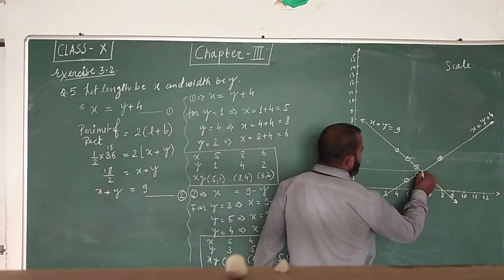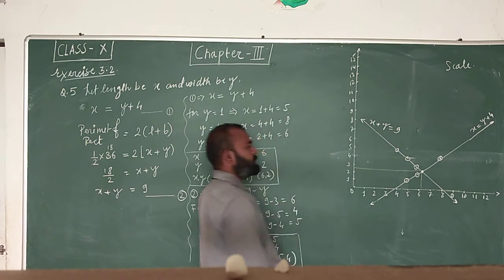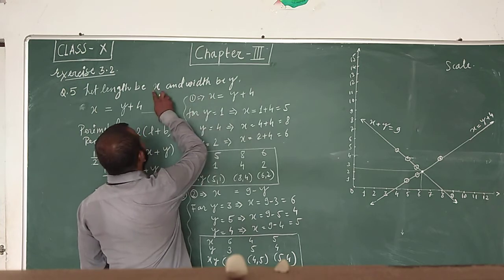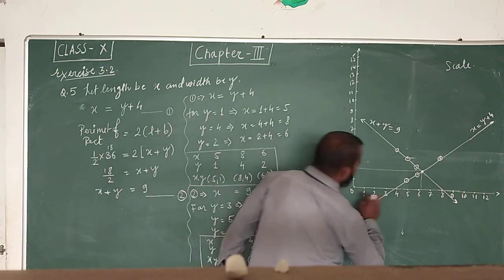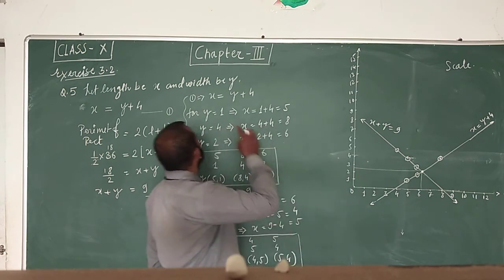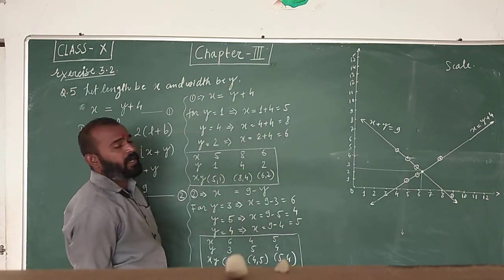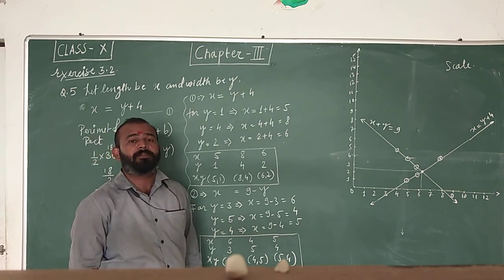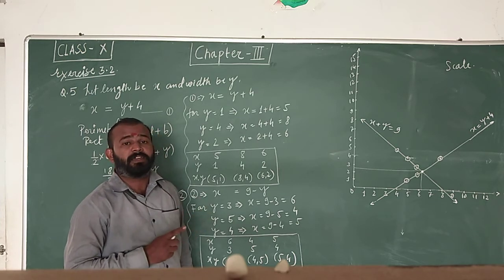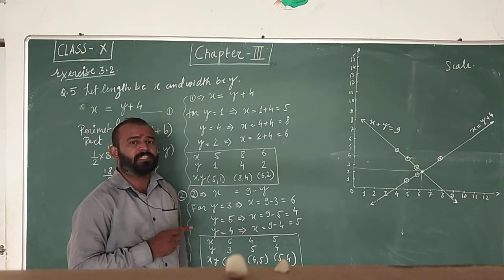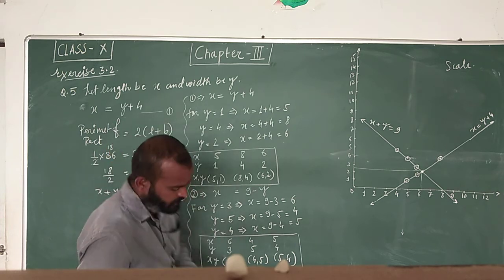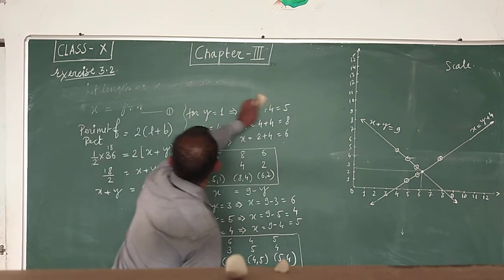यहाँ पे जो रहेगा, तो ये आपको क्या देगा? Dimensions of the rectangle. What is x? X is length. तो ये x axis पर का जो कोऑर्डिनेट आएगा, that will be the length, and y कोऑर्डिनेट पर का जो भी पॉइंट आएगा, that will be breadth for us. Okay? So answer in words is required. You should write the answer in words. Okay? Thank you. Next, that is question number 6.